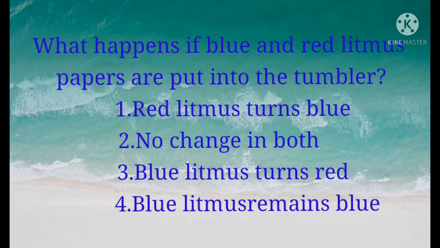In the first step, the teacher burns sulfur. When sulfur is burnt, it turns into sulfur dioxide gas. Then she puts the spoon containing sulfur dioxide into the tumbler with the lid. After a few minutes, water is added to react with sulfur dioxide gas. Sulfur dioxide reacts with water and forms sulfurous acid, H2SO3. Being an acid, when it reacts with blue litmus paper, it turns blue litmus paper red.